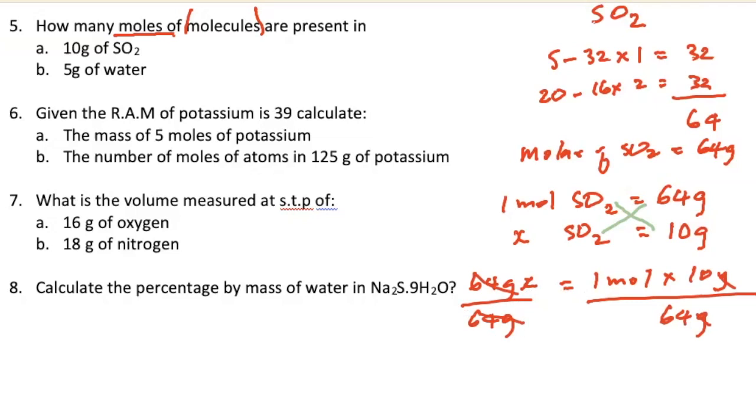For those who are doing the formula, if you had said number of moles is equal to mass divided by molar mass, you would end up at the same point right here, because looking at this that we have now, we're seeing where it boils down to the mass that you're given divided by the molar mass. So that's 10 divided by 64, and that is 0.16 if we're writing that to 2 decimal places. So that would be